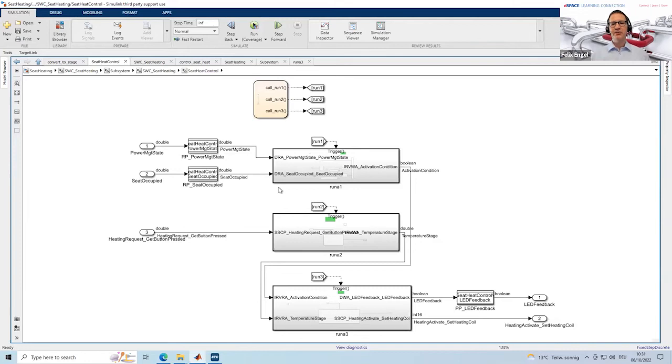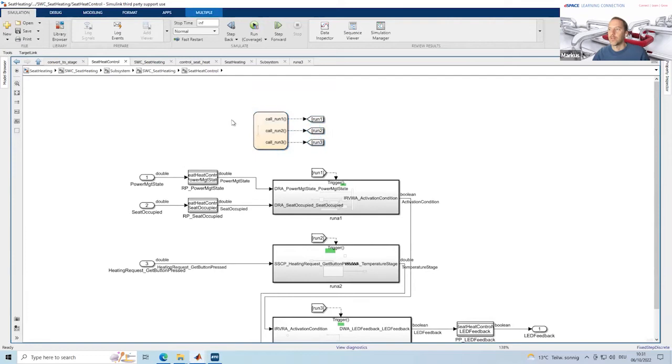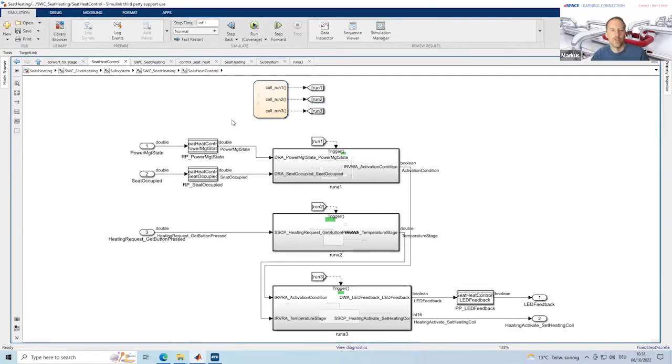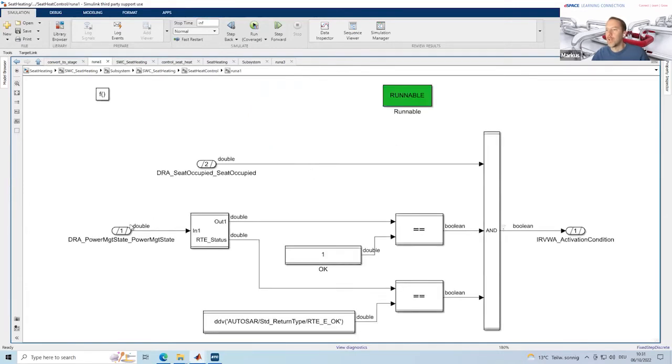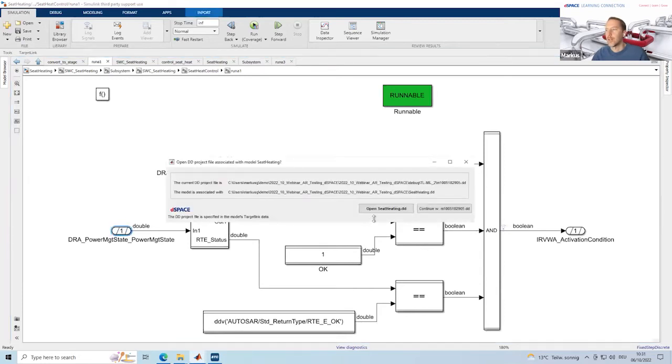And the best place to do that usually is directly inside the target link subsystem that contains the individual runnables. Yeah, absolutely. So the scheduling should be inside of the target link subsystem, because then target link generates code for it, and we can use the scheduling on the MIL, SIL, and PIL levels. And then inside of the runnables, we have the interfaces. So here, for instance, this is a